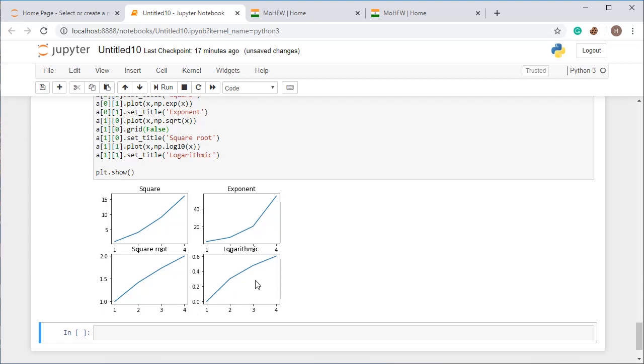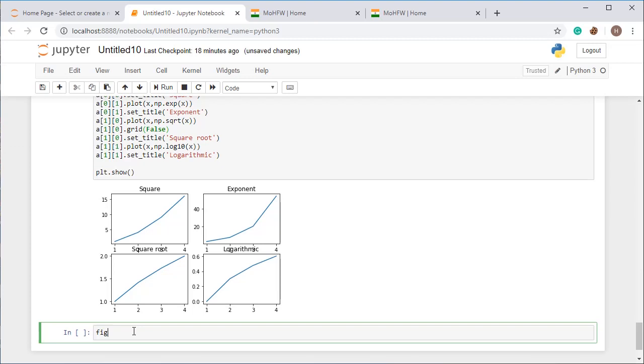Now I am moving to the next graph, that one is the bar plot. So for a bar plot, what do we have to use? We use the command dot bar so that we can plot the bar. I am showing you a graph for different languages, how many students are getting interested in different languages. So I have imported all the libraries, and I'm just going for the graph.